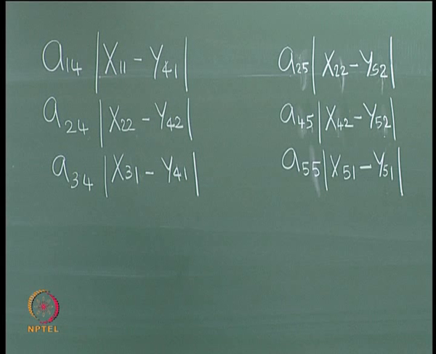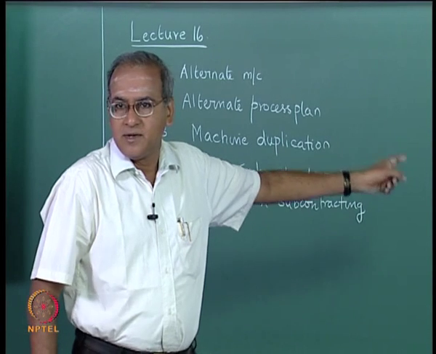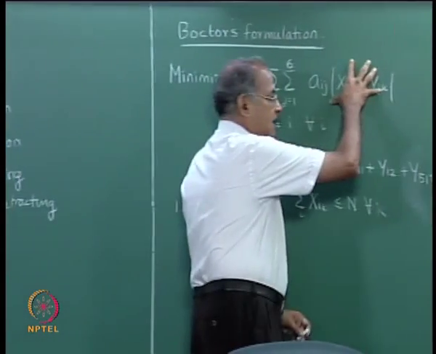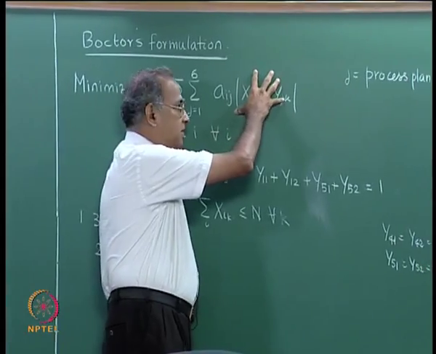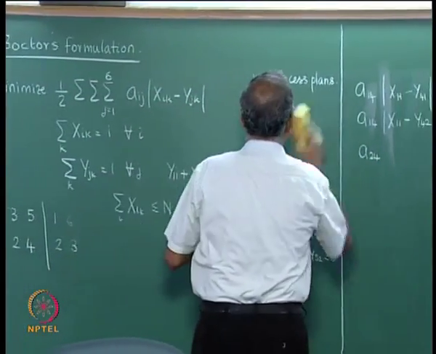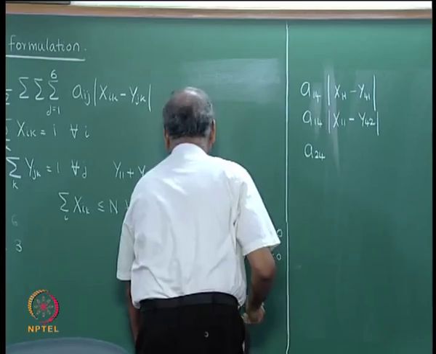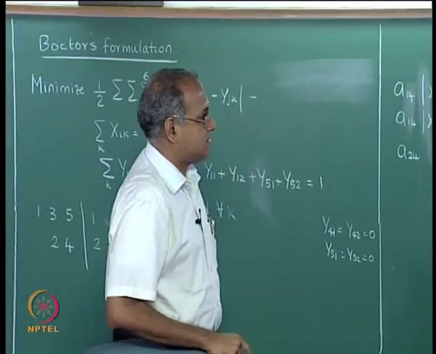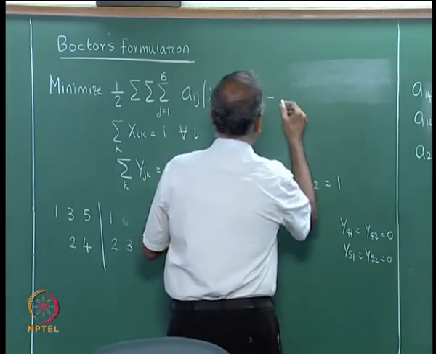The 3 comes because each of these process plans has exactly 3 elements in the corresponding column. So this objective function computation is an overestimate of the intercell moves. It is an overestimation of the actual intercell moves. So we should subtract, in this case, 3 times